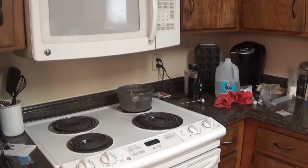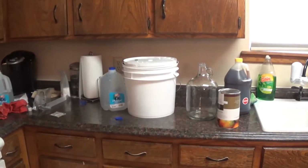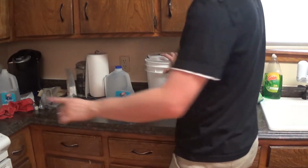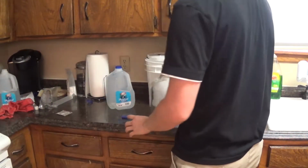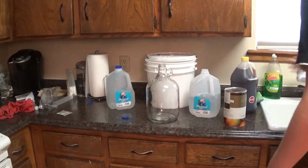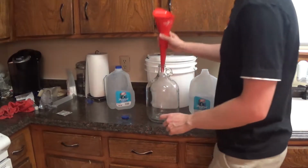Okay, so now we can go ahead and get started mixing some of the honey water while this heats up to about 105 degrees. We need our water, of course, our funnel,